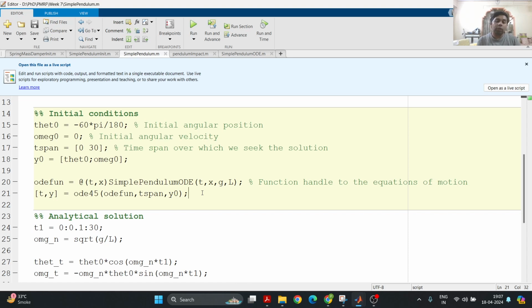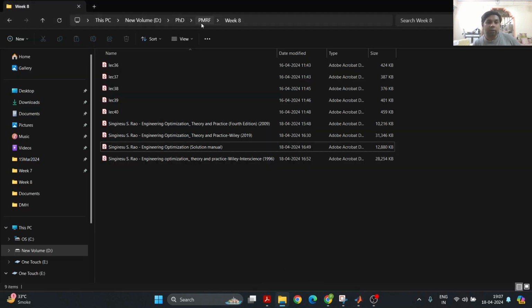This solver by default requires, this is the syntax, a function handle to the set of differential equations that we want to solve, and those differential equations should be in the state space kind of form. The next input is the time span, and the third is the initial conditions. Now if we want to look at the differential equations,